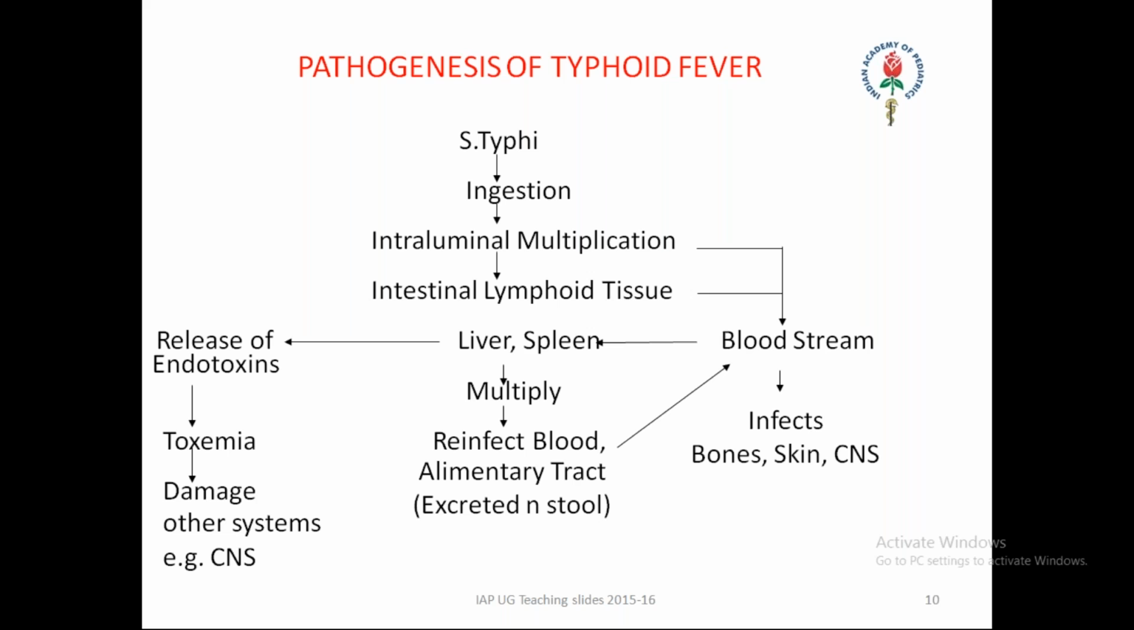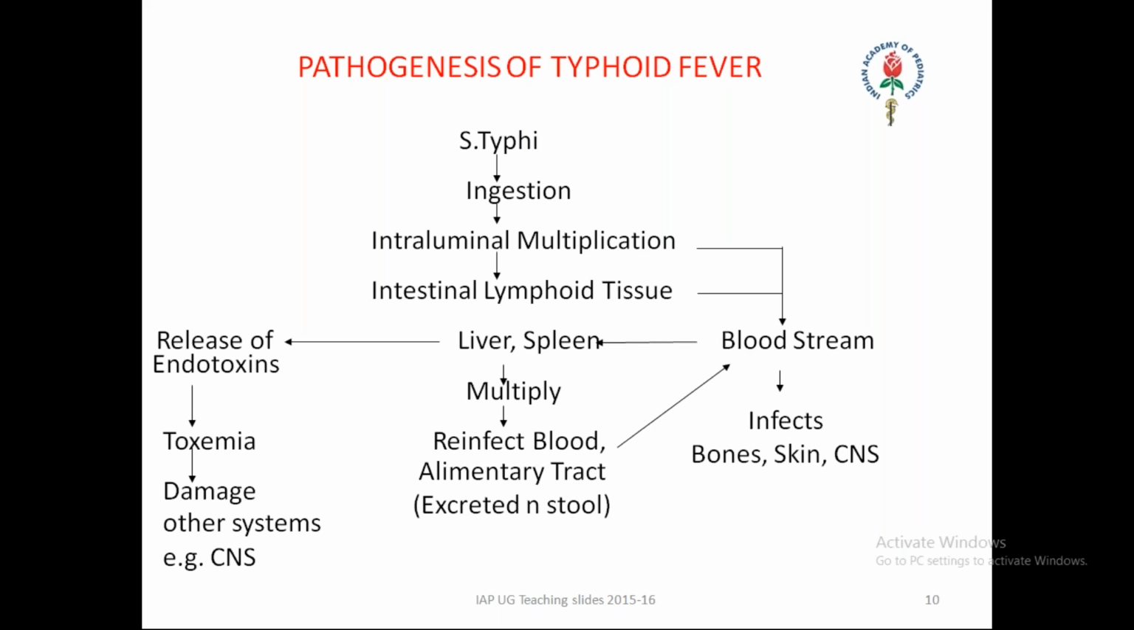Coming to the pathogenesis of typhoid fever, there is Salmonella typhi, and when it is ingested, it goes into the lumen. Intraluminal multiplication occurs next, and it goes to the intestinal lymphoid tissue. From the lymphoid tissue, it is disseminated and enters the bloodstream. From the bloodstream, it can directly infect the liver, spleen, or it also can infect the skin, bones, and central